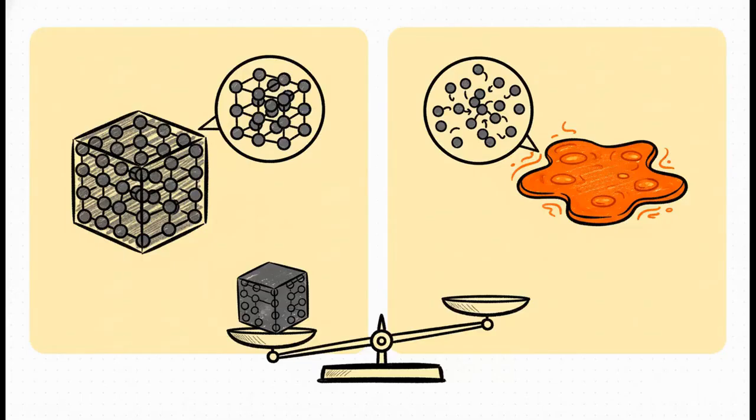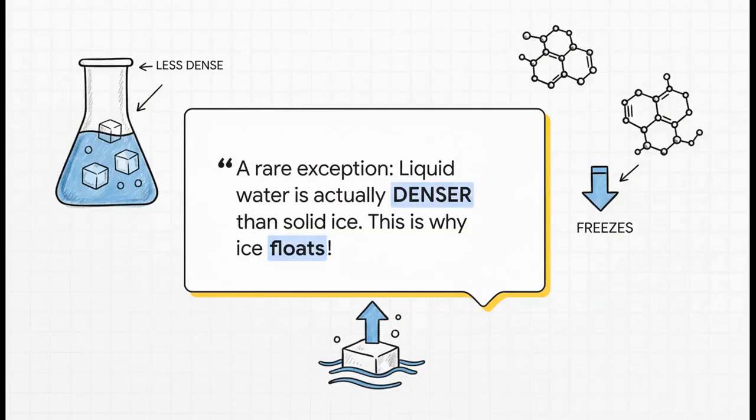Okay, let's talk about density, which is really just how much stuff is crammed into a certain amount of space. For most things, like this iron here, the solid state is way denser than the liquid state. It just makes sense, right? The particles are packed in tighter. But, and this is a huge but, water is the big exception. It's just wonderfully weird. When water freezes, its molecules actually form this crystal structure that takes up more space. This makes solid ice less dense than liquid water, which is the whole reason ice floats. And it's not just a cool party trick, it's why lakes freeze from the top down, which insulates the water underneath and lets fish and everything else survive the winter.